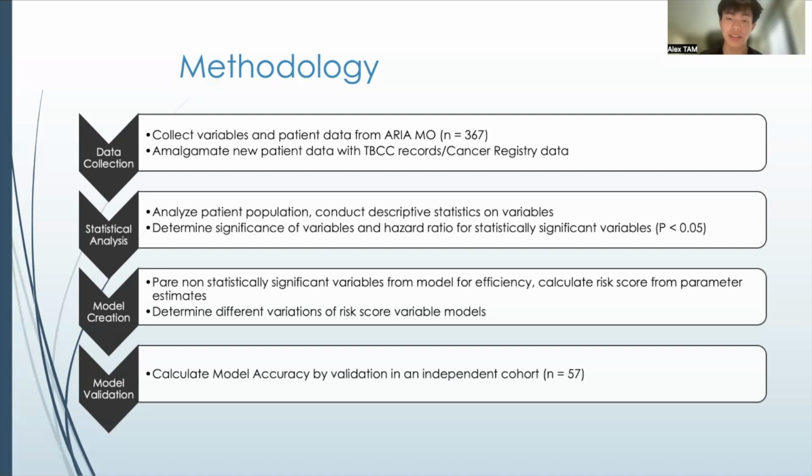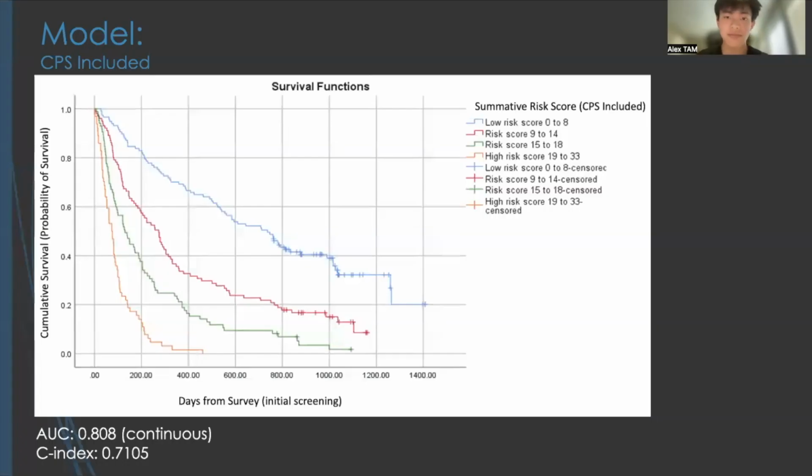So 57 separate patients had their data extracted and were tested against their actual data to see if our model could predict accurately. This is the Kaplan-Meier curve for our final novel risk score. Our risk scores range from 0 to 33 based on the presenting characteristics of a patient. Notably, we have four clear